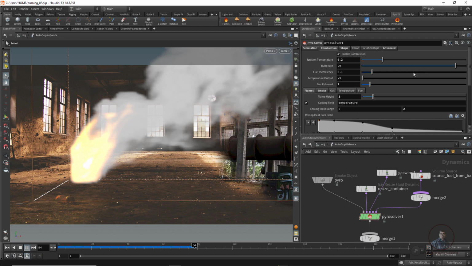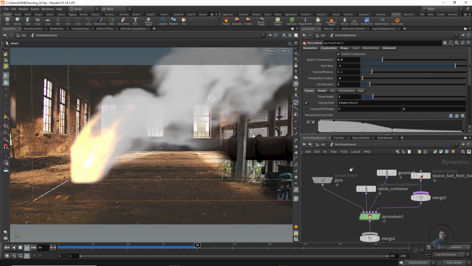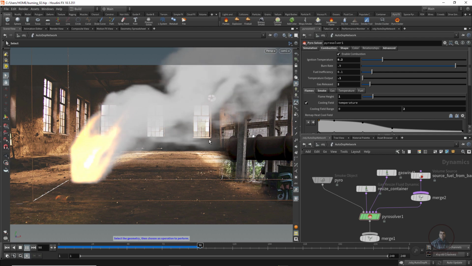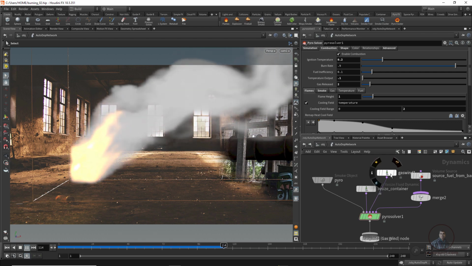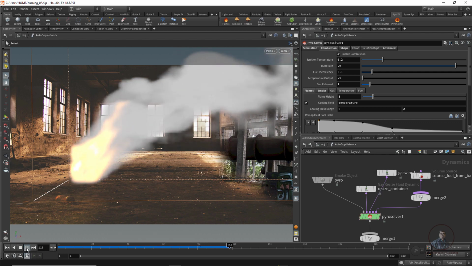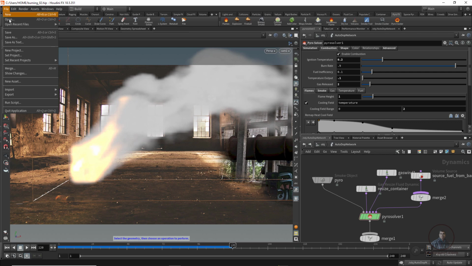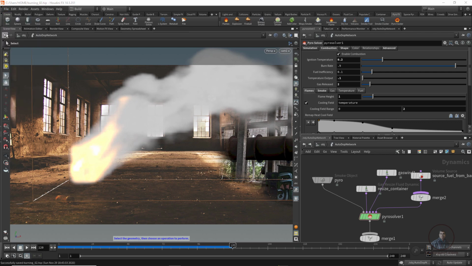Okay, so all these values you have to adjust, and make effects according to your requirements. Okay, so just stop it here, and click on file and simply click on save effects here.